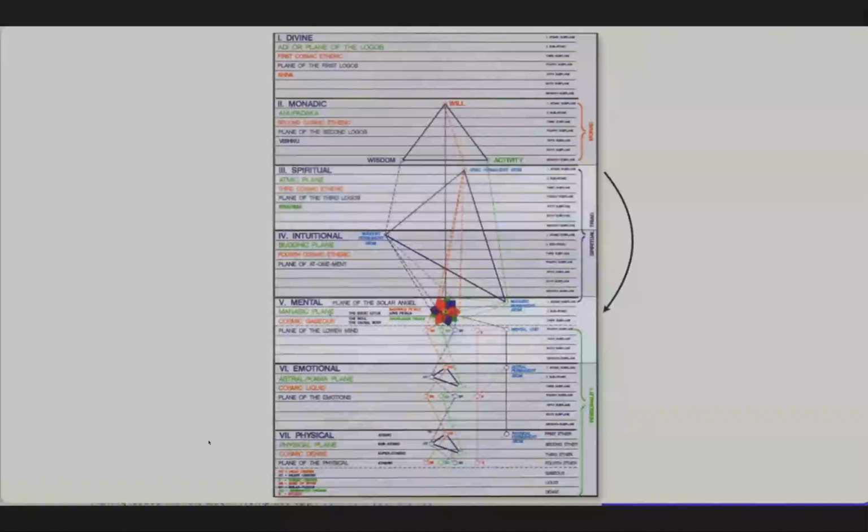And will descends from atmic levels to control higher mind, bringing triadal illumination. In this way, the technique of fusion brings the potency of all three aspects of the spiritual triad into direct control of the lower three bodies. This triadal influence expands the disciple's consciousness to include all five of the lower subplanes of the cosmic physical plane, eventually leading to perfected consciousness on these five lower planes at the fifth and sixth initiations.